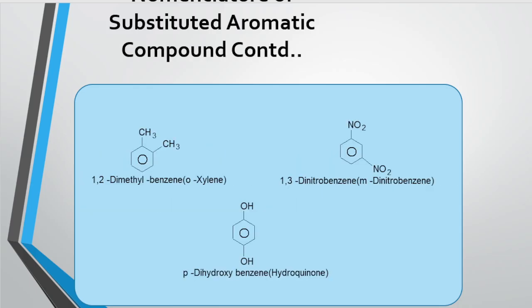Suppose we consider these compounds in which the two methyl groups are side by side on the benzene, this is called 1, this is 2. Whenever they are side by side, we can say they are in the ortho positions. They are occupying the ortho position relative to one another. 1,3 is called meta, and 1,4 positions are called para positions, which are relative positions. And here you can clearly see that this 1,3-dinitrobenzene is called metadinitrobenzene, whereas hydroquinone, if we consider on benzene, if two OH groups are there, it is called hydroquinone, which is also called